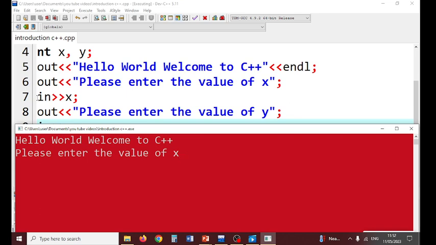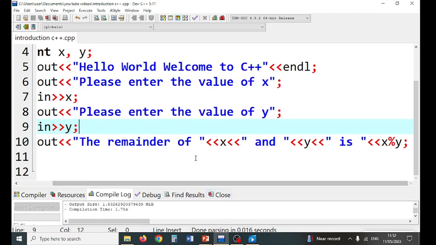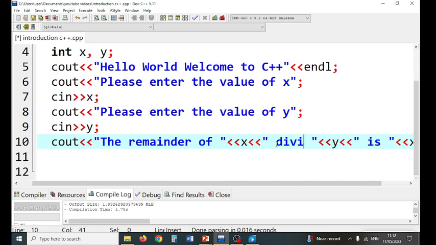Then X. Okay. Enter the value of X, 50. Please enter the value of Y, 10. When you're done, press enter. Now it is giving you the remainder of 50 and 10 is 0. But this is not making sense. The remainder of 50 divided by Y is,